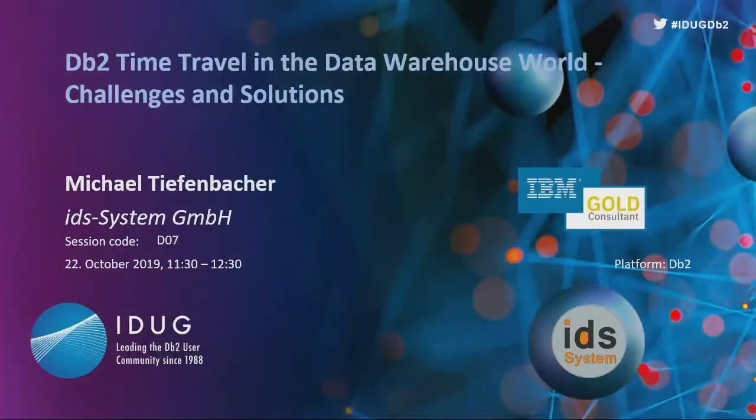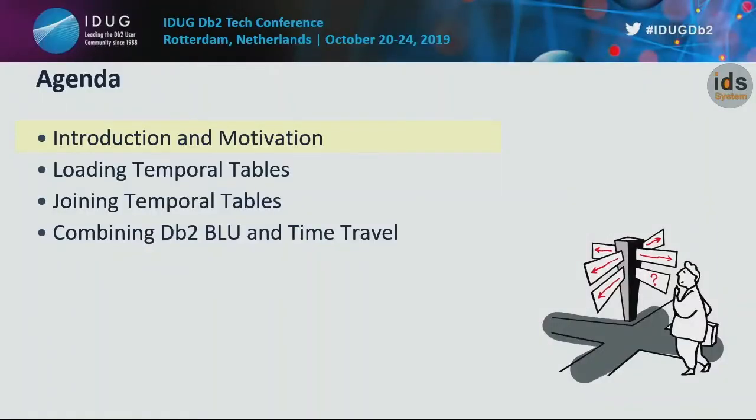Okay, so let's jump directly into it. I'm going to present today about a project I'm doing at a customer. It's actually an insurance company. We are setting up a new kind of data warehouse for a very special focus on employee data and employee performance. And I thought about using temporal tables and time travel to implement it, because for me it sounded like a perfect match, but there were a couple of challenges, and this is what I'm going to share